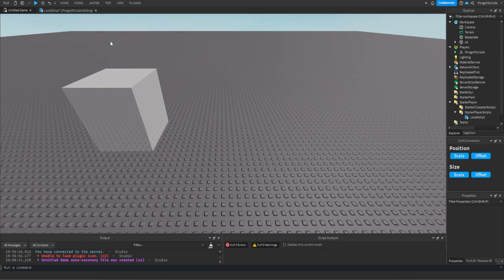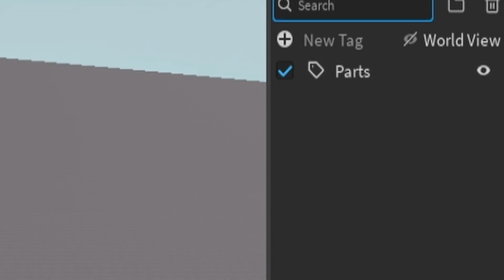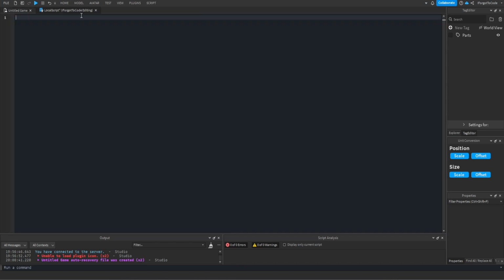So first of all, I need to add this onto the tag editor. It's ready, yes, because I just did it. If you want to know how to use the tag editor and collection service, you can check my next video after this video, and that will explain everything about collection service and tag editors and stuff. But first, I need to